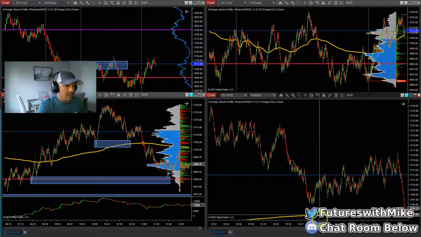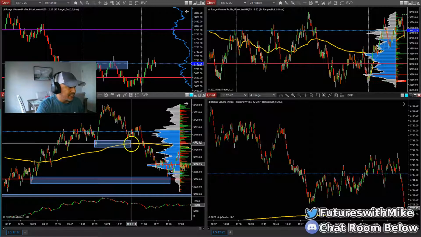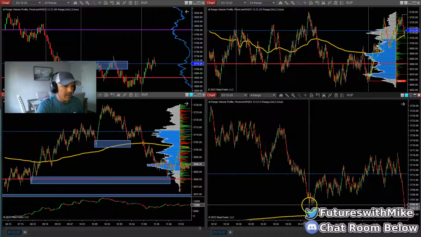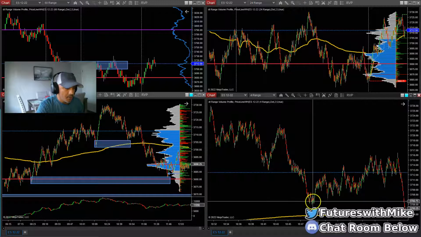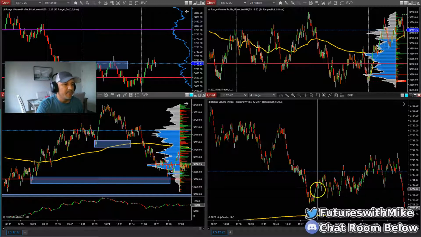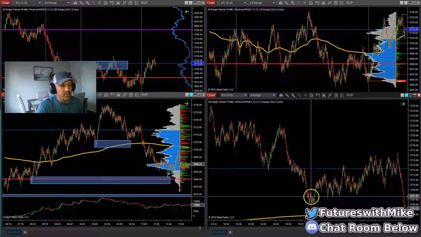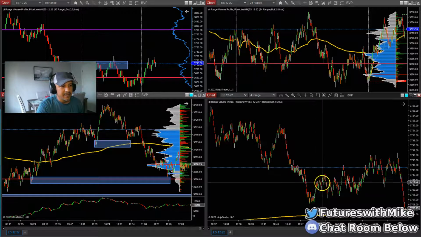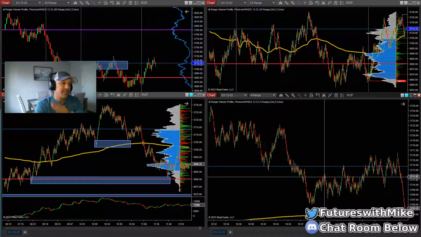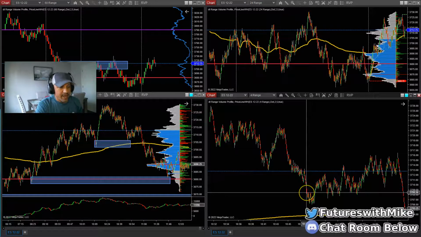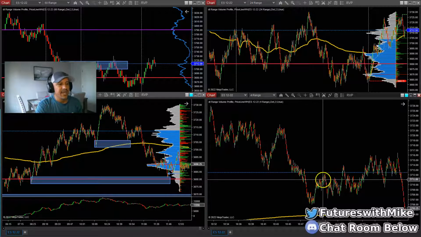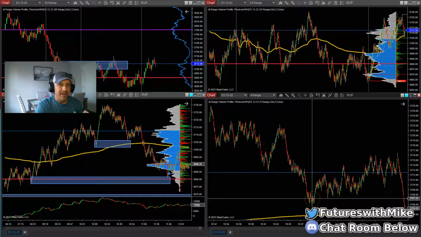So right here, price hit that area of demand. Now we see price push up, pull back, making a lower high here, or a similar low here if you want to call it that. Then it breaks higher. So what is it doing now? It's making higher highs and higher lows, stair-stepping slightly to the upside on a 4 range. Now, price breaks structure right here on the 4 range. So what do I want to do now? All I want to see is price pull back to this classified area of demand.